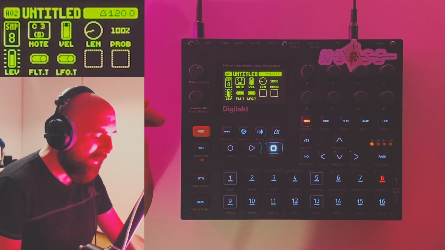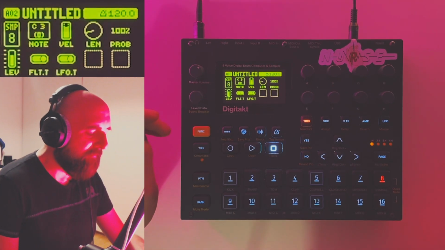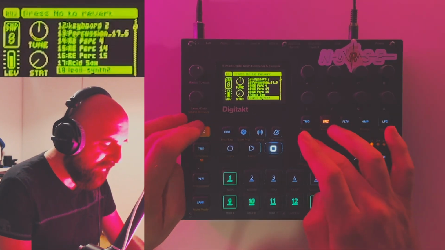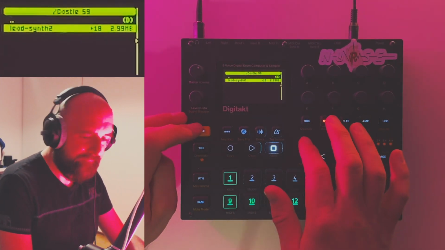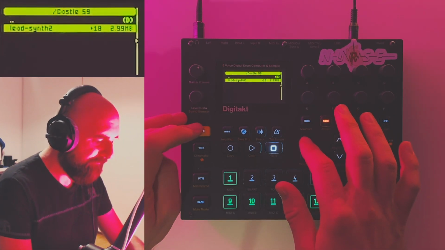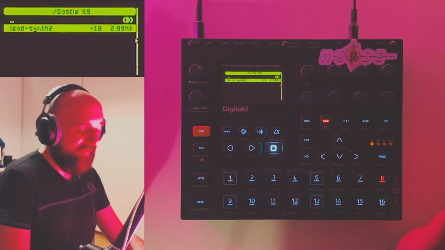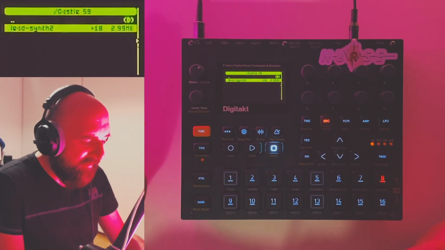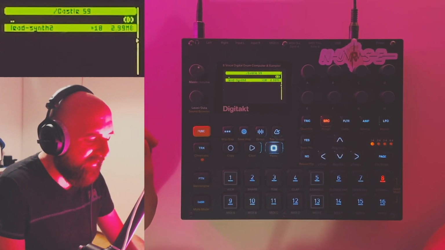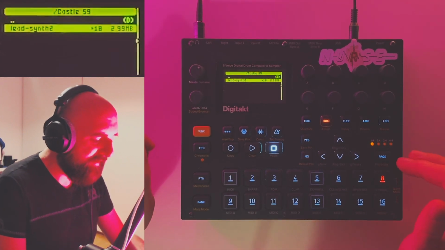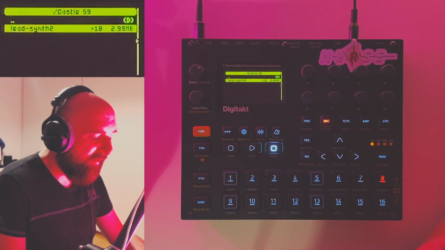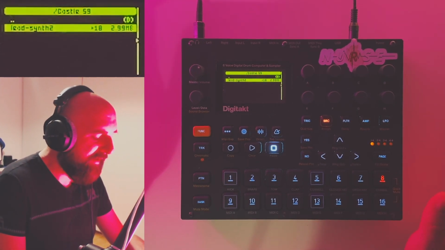And one of the stems is like this lead synth. And the synth sounds like this. So let's choose it first. It's like this here. That sounds pretty cool. And the synth is like a chord that's playing a little riff or something. So there are different notes in this chord. And I'm gonna try to convert this sound, which is already like a little texture to me, but the wrong